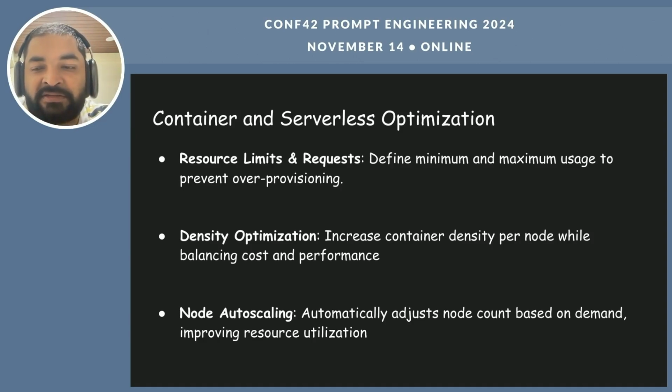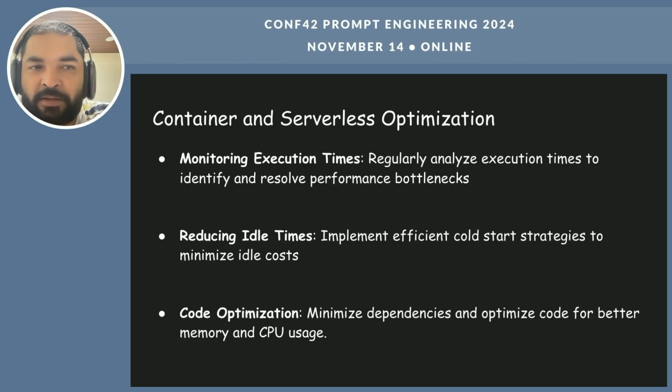So in Kubernetes environments, we use Karpenter, and also there is a cluster autoscaler which adds nodes to Kubernetes. And also, some of the optimizations that you can do are on execution times. So one thing we want to see, for example, is if there is a Kubernetes job running in a pod,